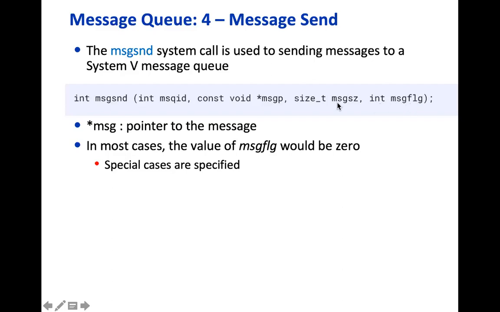Usually this flag is 0, but it can also be used in special cases. Once it specifies the message QID and the pointer to the message, it can send the message. So now this message will go and get into the message queue.